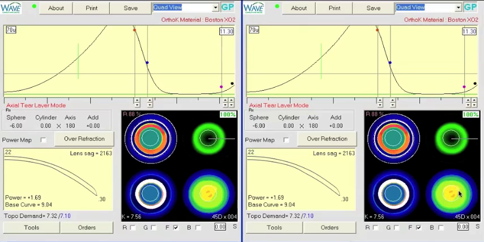So if we look at the topography in the lower right corner here, we can see that there's an area of central steepening in the cornea, and I call this the corneal cap. It transitions from a steeper area to a flatter mid-periphery. And if we measure the size of this cap, it goes at about 4 millimeters superiorly,